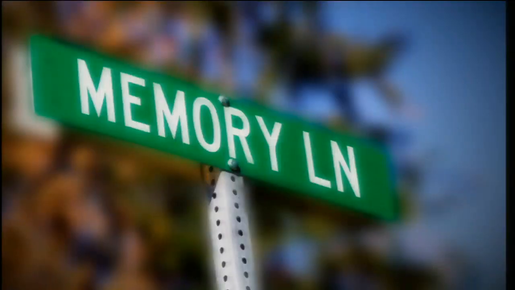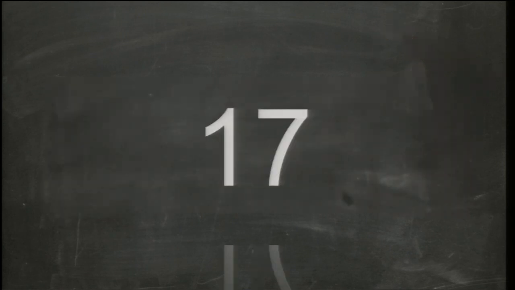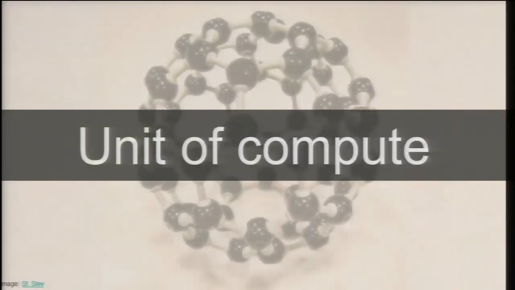Let's go back down memory lane. So we talked about Amazon EC2 having a single instance back in 2006. Probably a few people in this room have been using it for that long. Today we have 17 with these two instances that we just announced. And if you summarize what I was trying to talk about is, your Amazon EC2 instances are our measure of compute. If you want compute capacity from AWS, you can measure them in chunks.